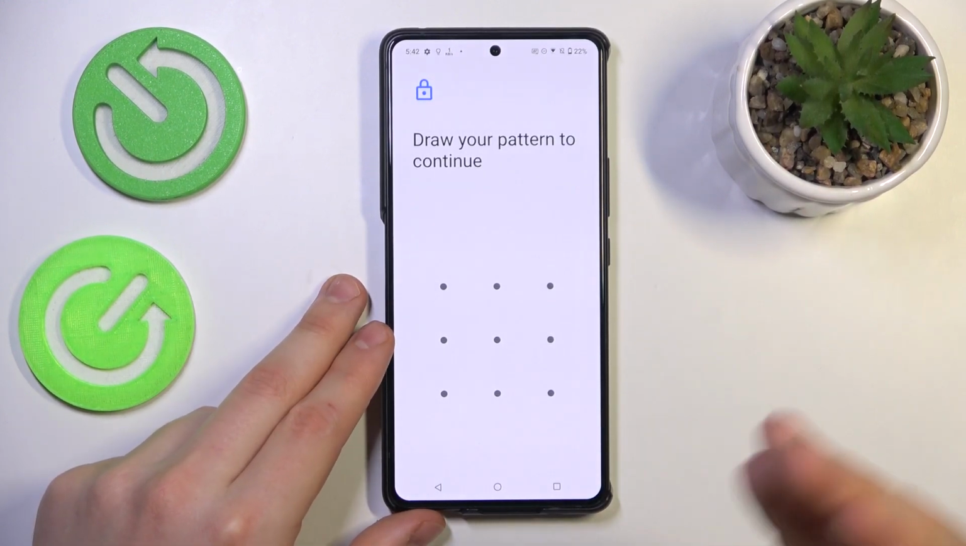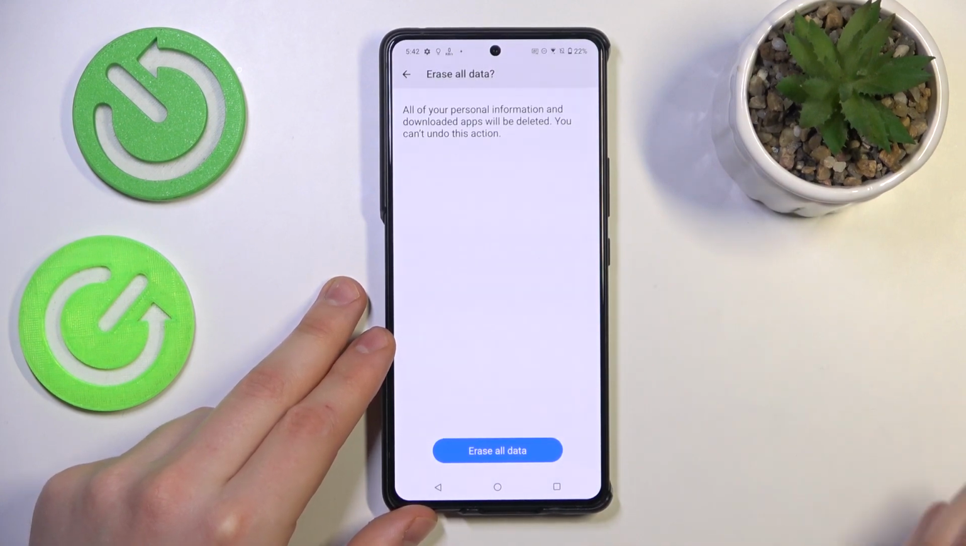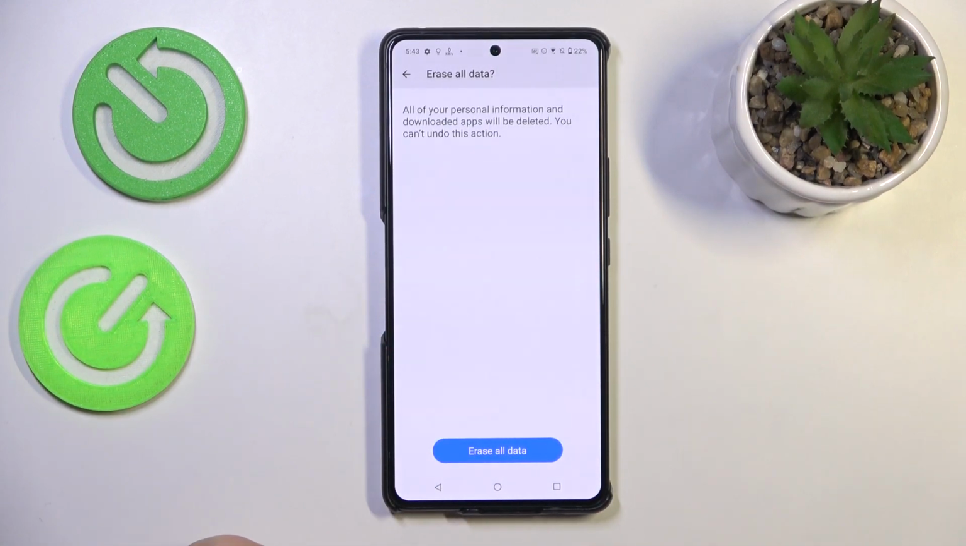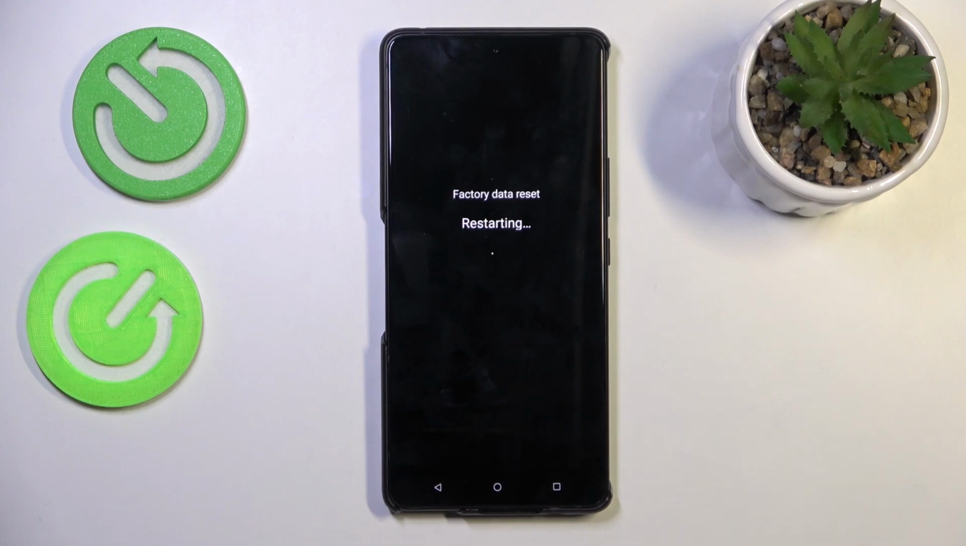input your screen lock if you have one set, so in my case there is a pattern, so I gotta draw it real quick. And now to confirm that you still would like to hard reset your device, just note that all your data and files will be erased, so if you have anything of importance, do not forget to back it up beforehand. So now once you're ready, just tap at the Erase All Data button